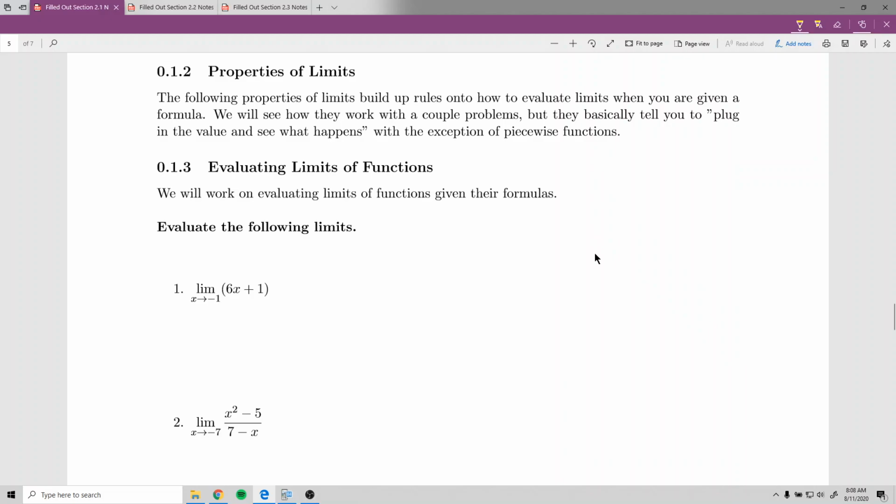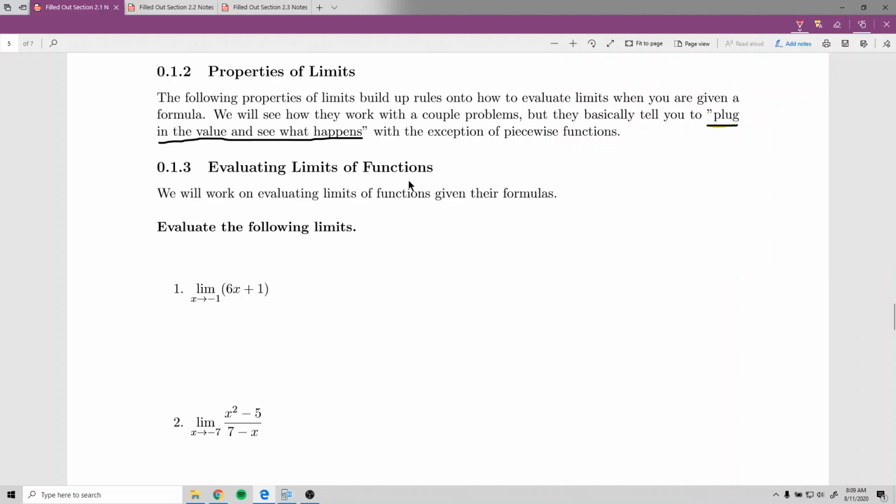Right. The next little section, properties of limits. So really what we ultimately want to do is be able to do limits if we have just a formula, but we don't want to have to graph the whole thing to do it. Right, so the way we do it is dealing with some properties. And there's a long list in your book. I actually don't like to really bring it up because ultimately what all the properties will tell you to do, and this is exactly what I'm going to do, it's going to tell you to plug in the value and see what happens,